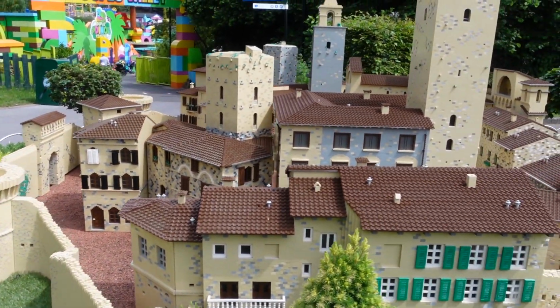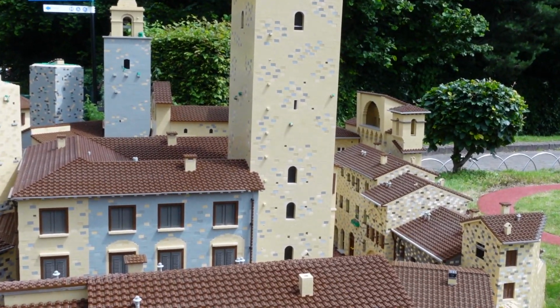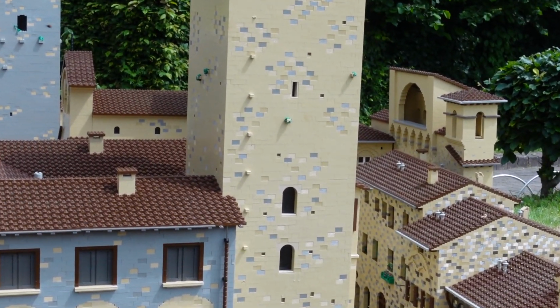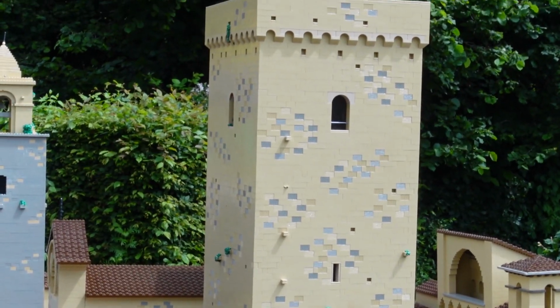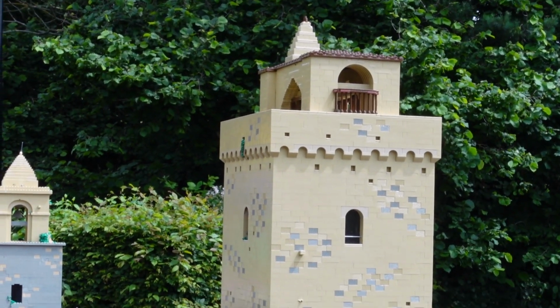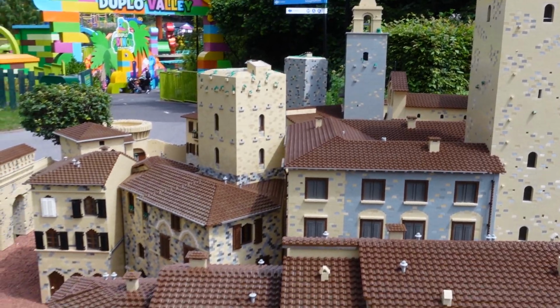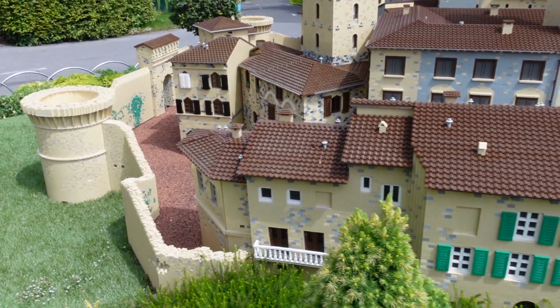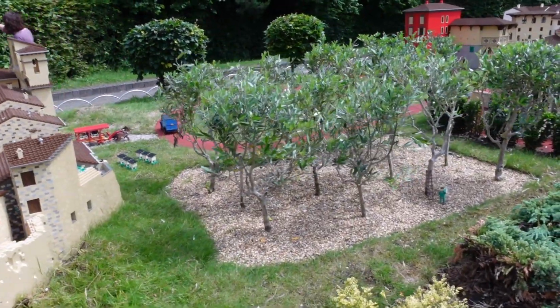Hopefully all the videos are about 20 minutes each, but this has got some really nice little details in. They've recently redone this just because of how the colour comes to all of these,